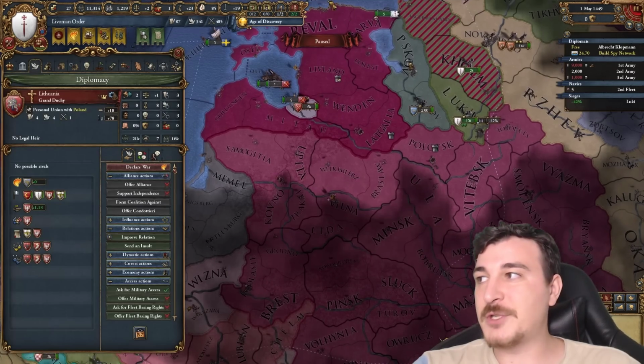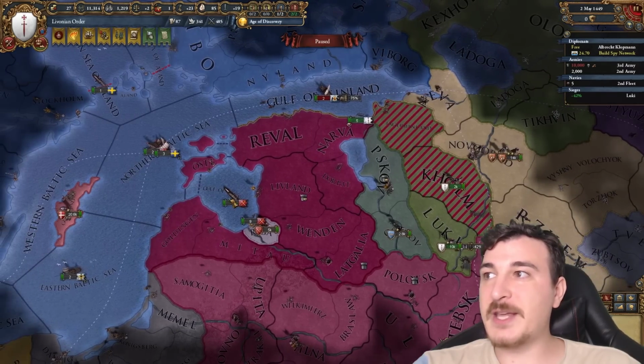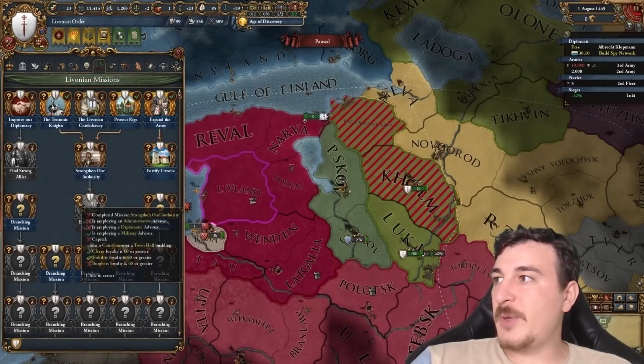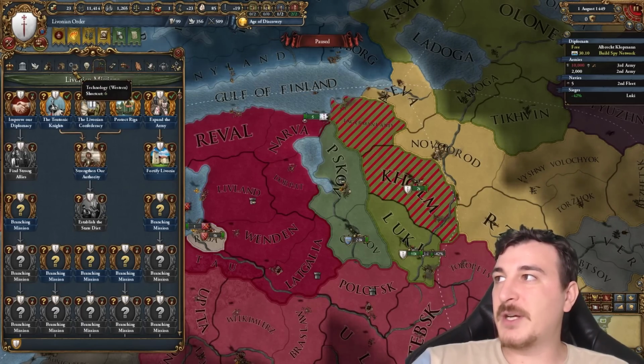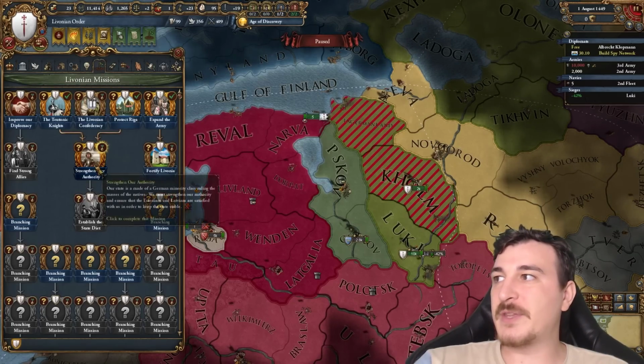Lithuanians also became a junior partner of Poland, so yeah. Fingers crossed things get better afterwards. It's gonna be a tough decision, but it's gotta be done. I'm gonna use 100 of my mil points so I can get 10 devotion, so I can do this mission,